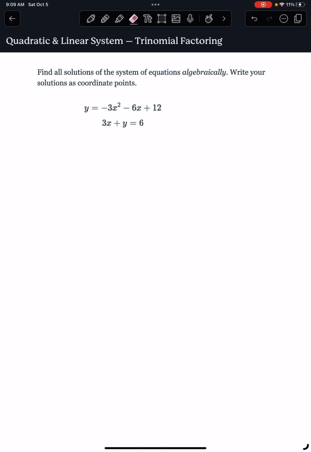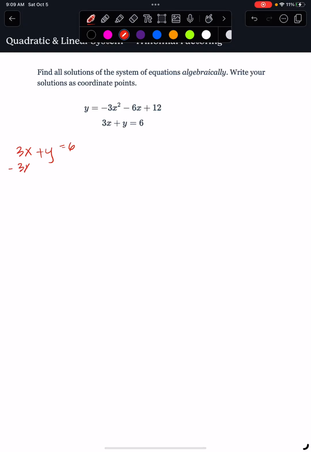In order to do that, we're going to use substitution. So we're going to take the linear equation, 3x plus y is equal to 6, and we're going to subtract 3x from both sides. This is going to leave us with y is equal to negative 3x plus 6. All right, and now we're going to take this linear equation and substitute it into our quadratic,